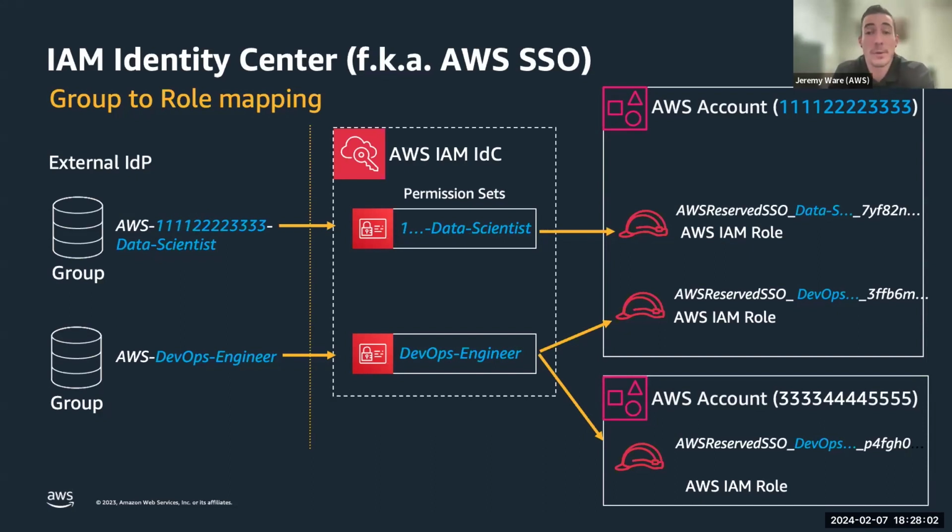Now, what we have seen, especially large enterprises do, is they end up doing a combination thereof. 80% of their workforce is usually behind one IDP. And then as they're doing acquisitions and allowing external access and so on and so forth, they might support other IDP mechanisms. But those are usually more restricted as far as the amount of accounts and the sprawl in which they need access. So they manage those with IAM Federation and the bulk of the workforce through Identity Center.